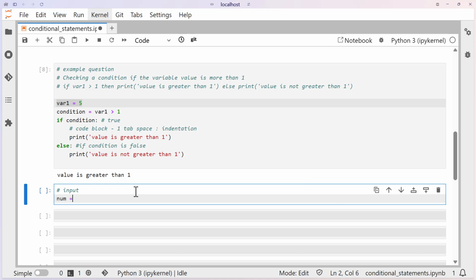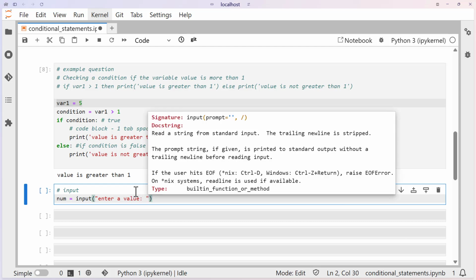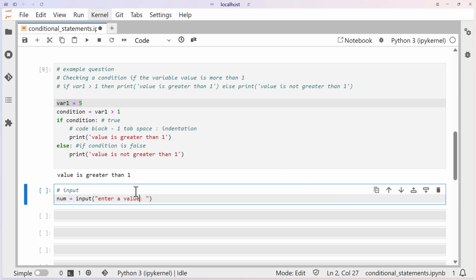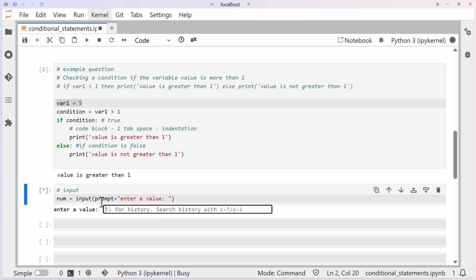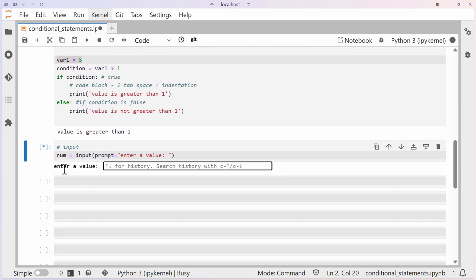For example, let me take the number, and input is a keyword, and let's say I'm asking to enter a value. Okay, this is the prompt. Basically the prompt I want to give here is prompt equal to enter a value. Now if I execute this, the moment you execute this, what you can see is a graphical user interface where it says enter a value, and a text editor came up here,